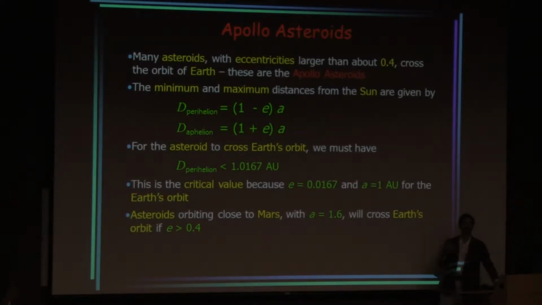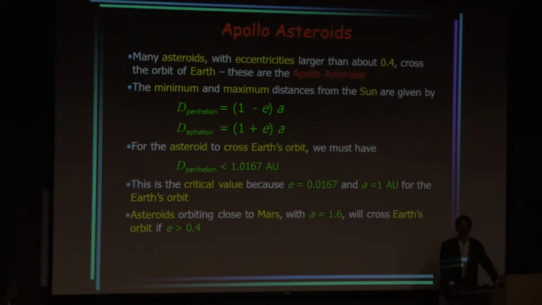So if their semi-major axes are all pretty close to each other, then the perihelion distance at the top there really just depends on the eccentricity, because that little a there is the semi-major axis. That's about 3 astronomical units. You take 1 minus the eccentricity, multiply by the semi-major axis, and that's the distance of closest approach to the sun. So if we're talking about an Apollo asteroid, we're talking about a perihelion distance less than